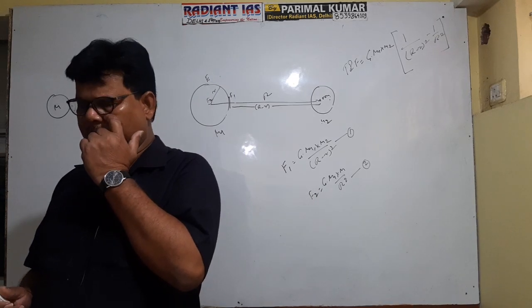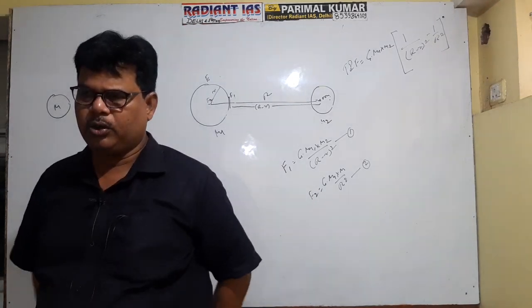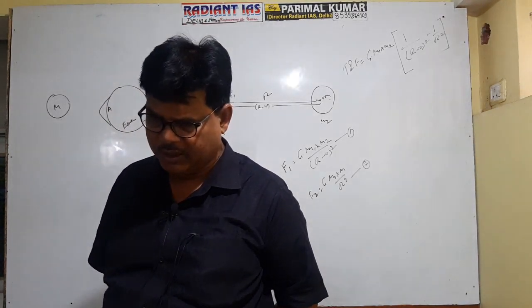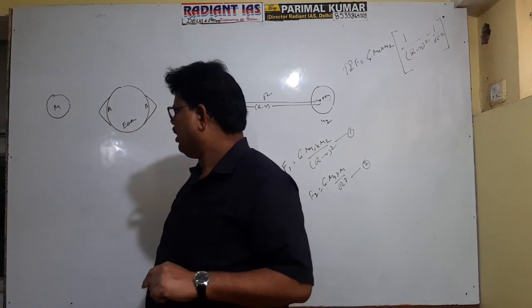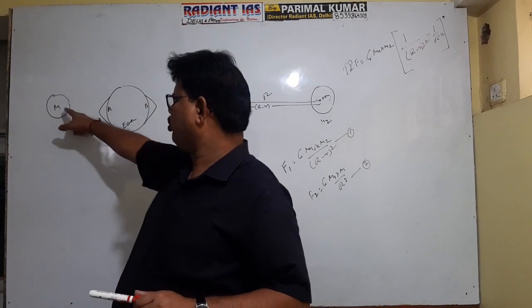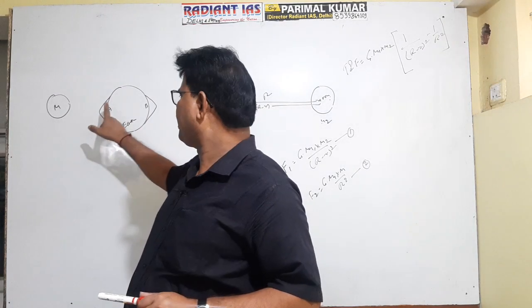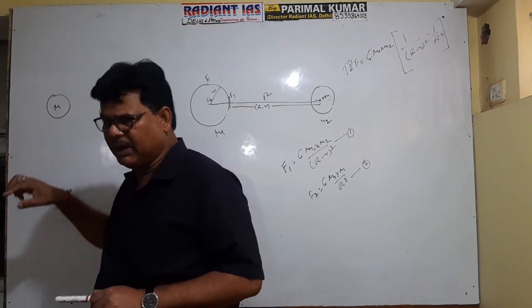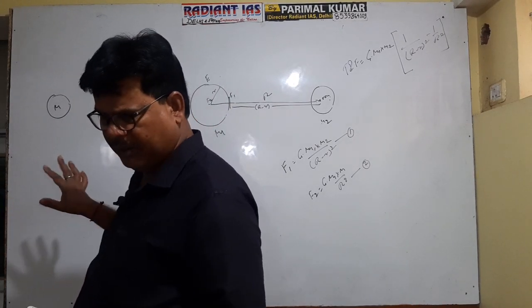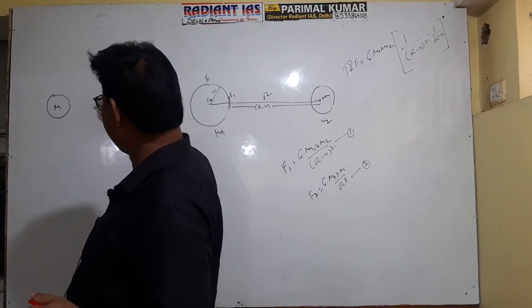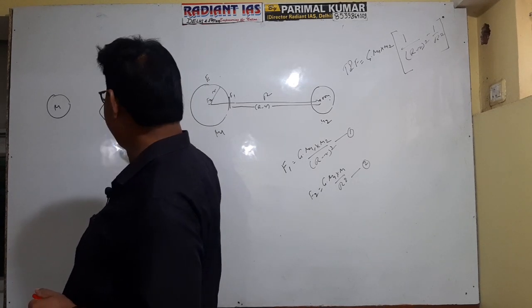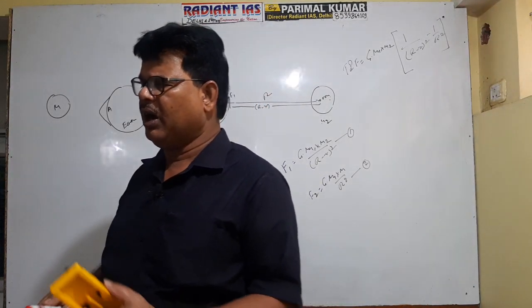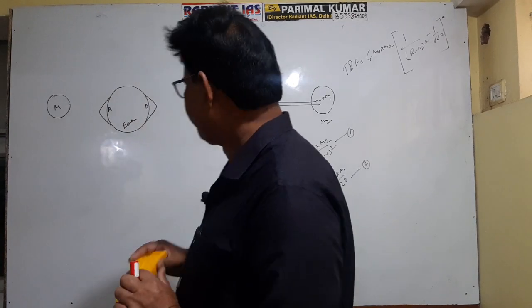So what statement did Newton give? Newton stated that tides of the same amplitude are recorded at two places on the earth at the same time, and the two places are located antipodal to each other. It is obvious that at place A, the tide is due to the axial pull exerted by the moon, but at B the tide is due to the centrifugal force. This question was raised several times in UPSC prelims exams. So at A it is due to the axial pull exerted by the moon, and at B it is due to the centrifugal force, that is, the outward rotating force, because the earth rotates on its axis.